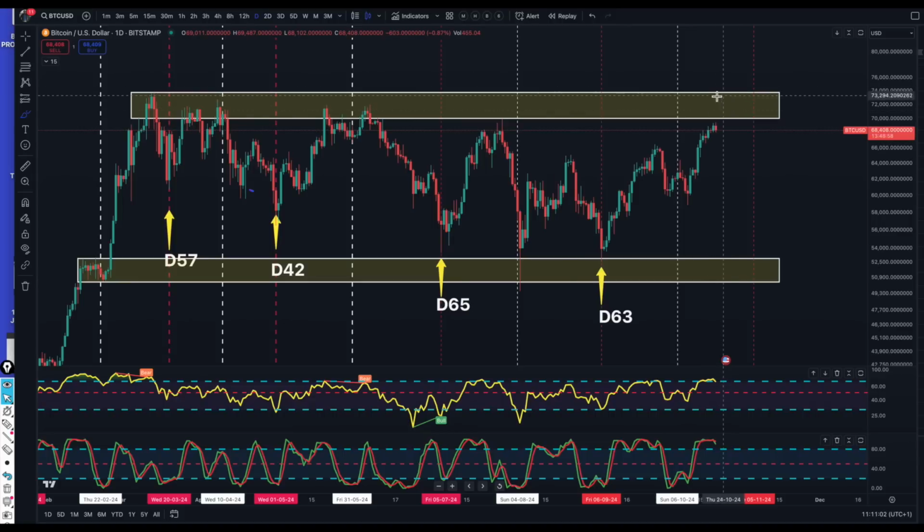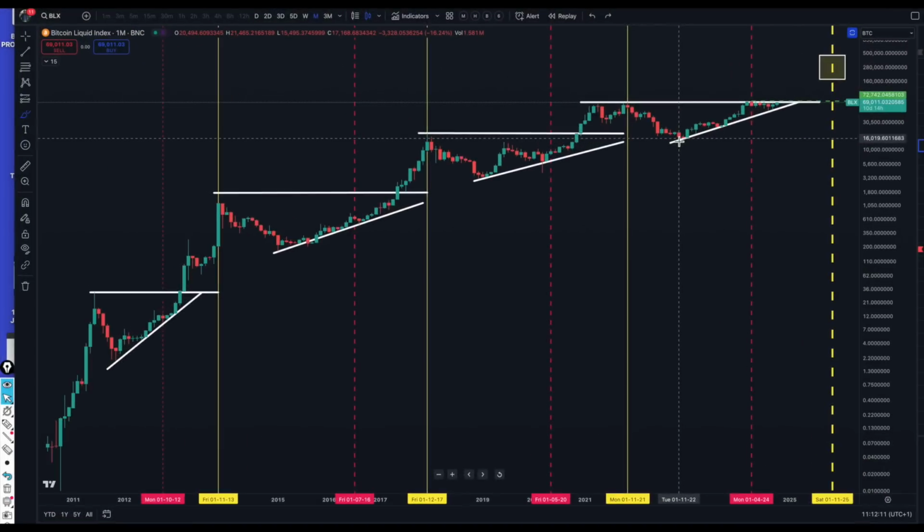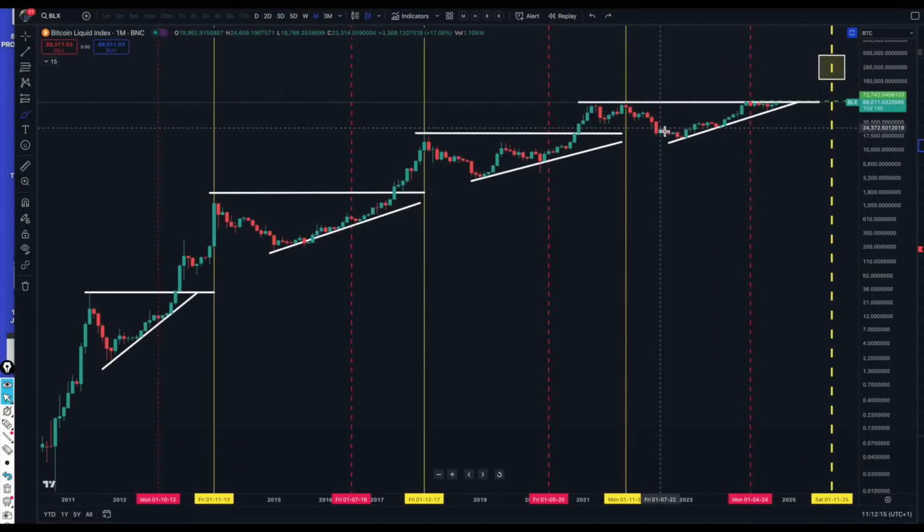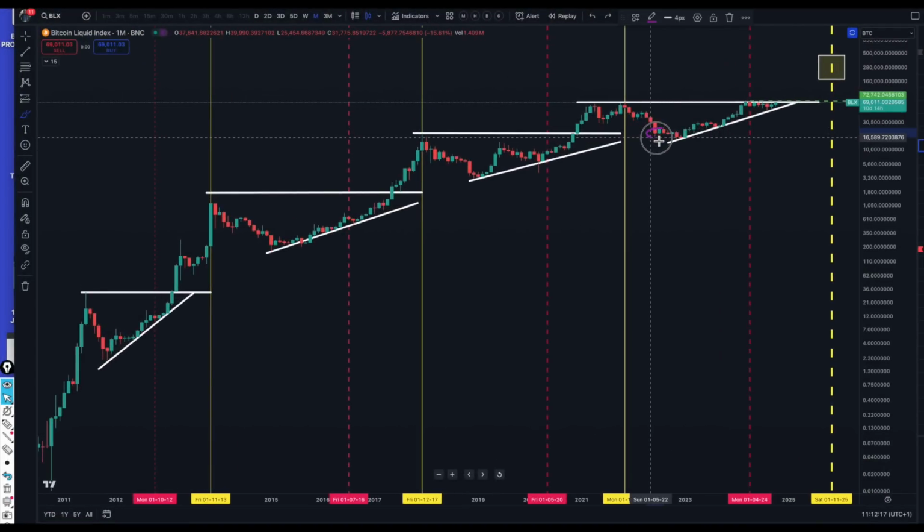Unless it doesn't do that already, because we've got, as I say, with these cycles, we've still got another 2 more weeks to run. So Bitcoin does have an opportunity to run up now and retest that 73,000. So those of you who've been following our channel will know that we got in 2 lots here at the 17,000 the first time it came down to those levels, and then at the 15,000.